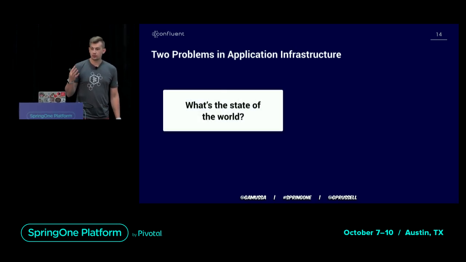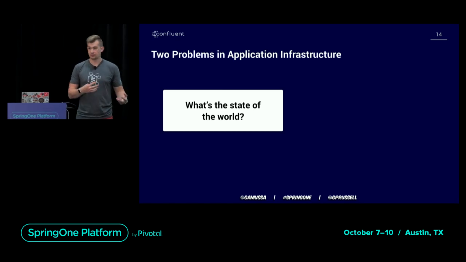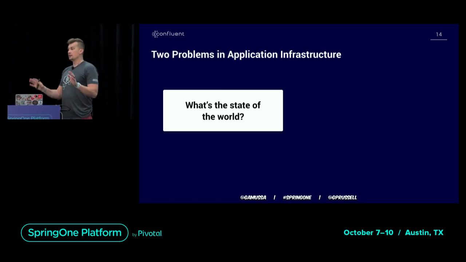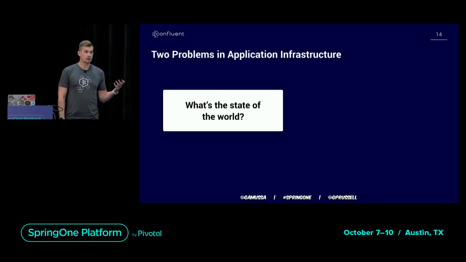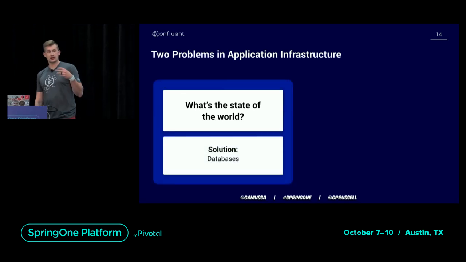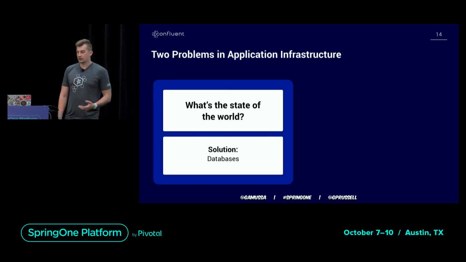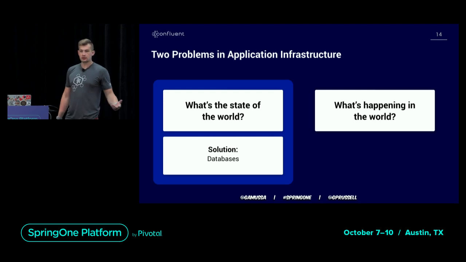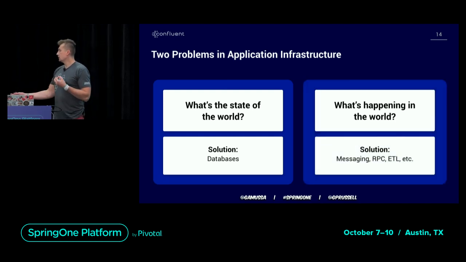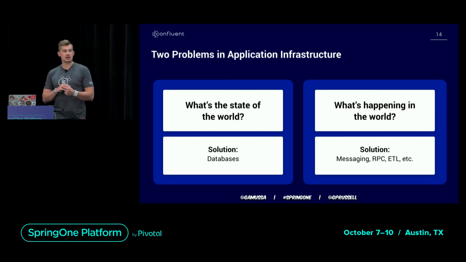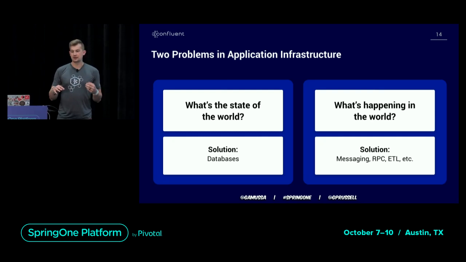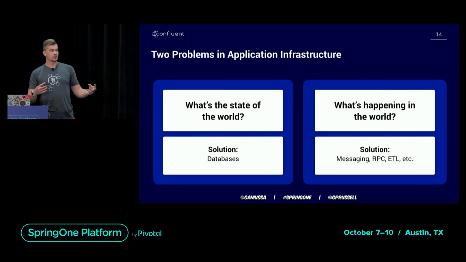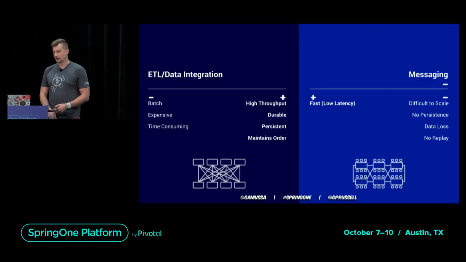Essentially, this brings us to the point of how we designed applications back in the day, right? 3-tier applications: front end, some business logic, database, where we stay the state of the world. It's always in the database, right? We put this there. And if we need to add some sort of dynamicity or something is happening, so what will we do? We will introduce some messaging systems. We will try to invoke maybe some request-response API calls, maybe some of the ETL systems that perform some of the computation for us, right?